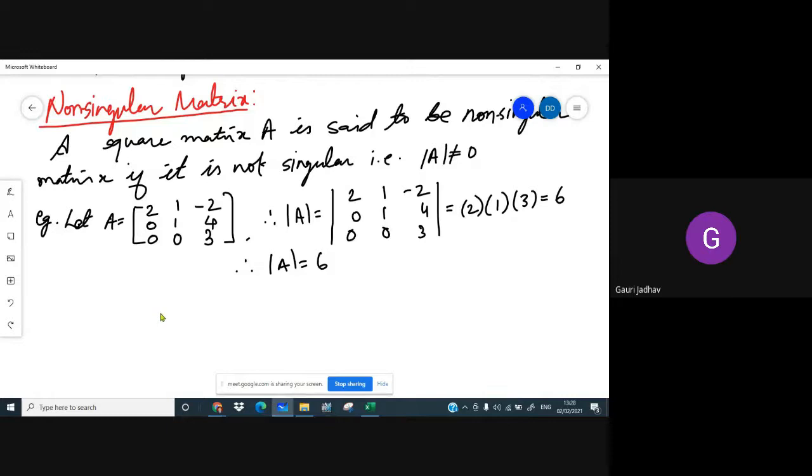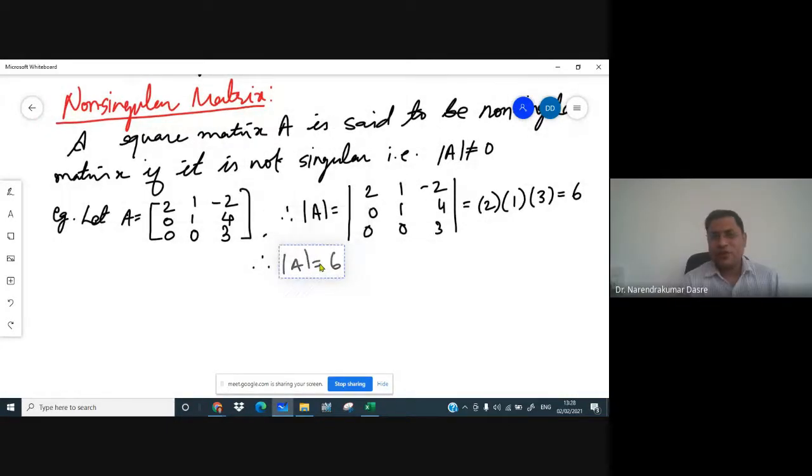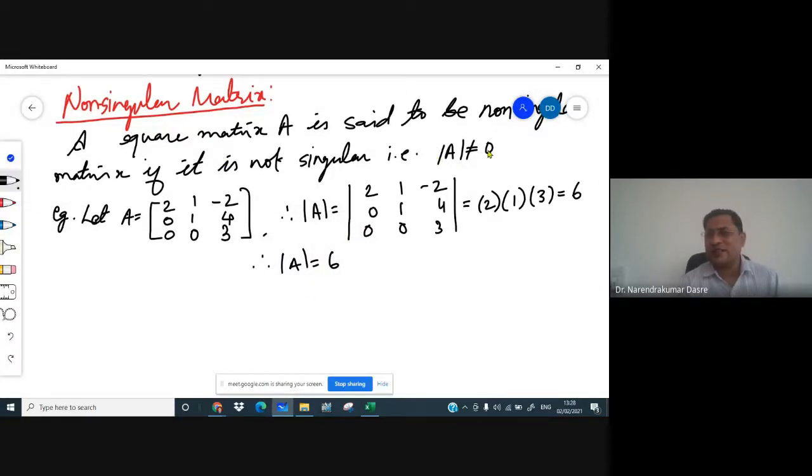Non-zero. Okay, so that is important, because what we have to do is see whether it is 0 or not 0. Our only concern is that it should not equal 0. Whether it is positive or negative doesn't matter, but it should not equal 0. And hence here this is not equal to 0. So any number is okay, only if it does not equal 0. Positive, negative, we don't care. We don't have to worry about it.